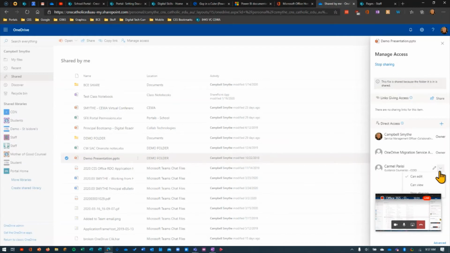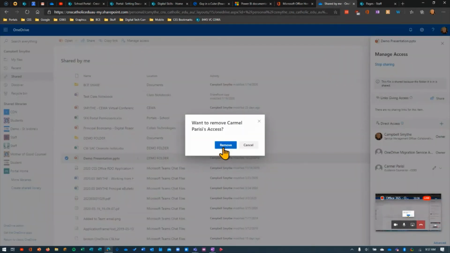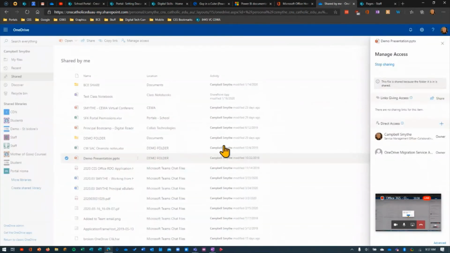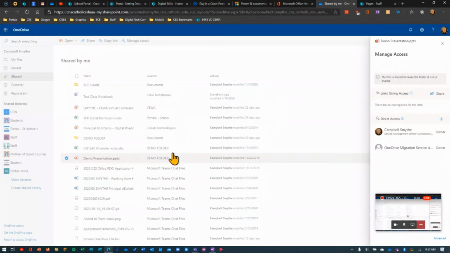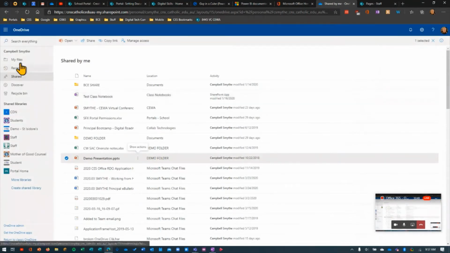So if I want to change that, I can say stop sharing, remove. So Carmel won't have access to that document anymore. Is it still shared? No, it's not shared. It'll drop off that list sometime. All right, so that's sharing. Let me go back to my files